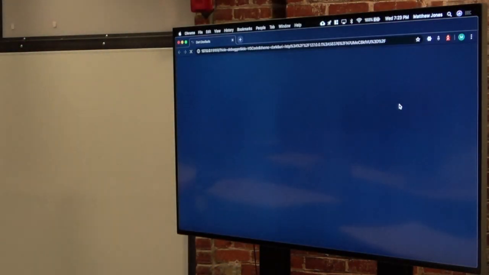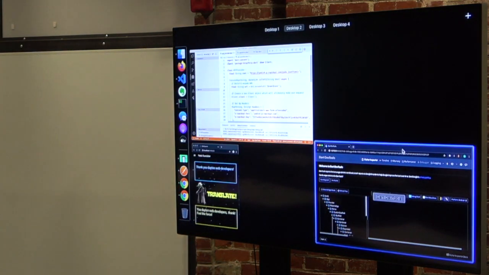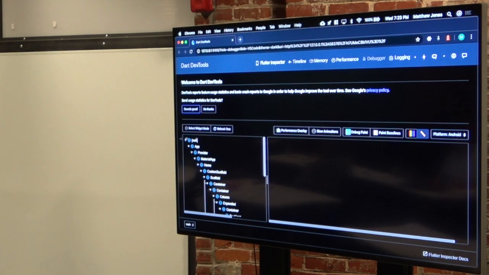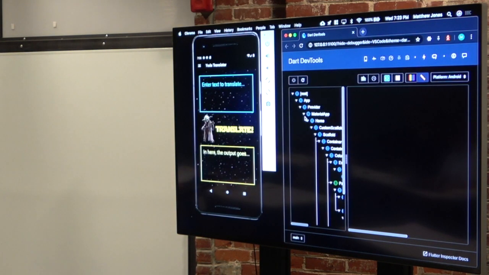There we go. So these are the Dart DevTools. Let me just pull it over here because it'll be easier if we've got it side by side with the app here. Yes, sounds good.